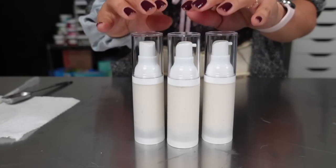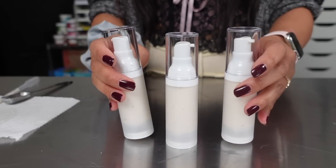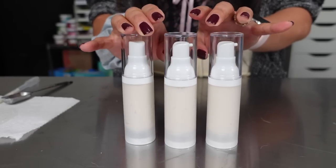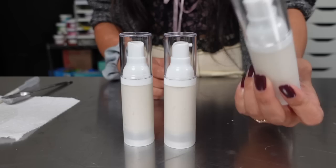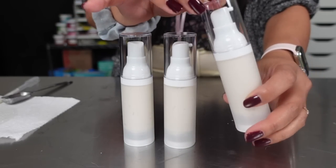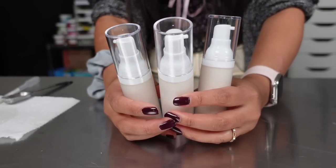So I was able to fill up 3 bottles from the batch that I whipped up, and there is 1 ounce of eye cream in each bottle. Now, I really like these bottles for a few reasons. The first one being the fact that it is able to dispense such a thick gel consistency so easily, but also because it really limits the amount of air your cream is exposed to, meaning that there's less chance for contamination